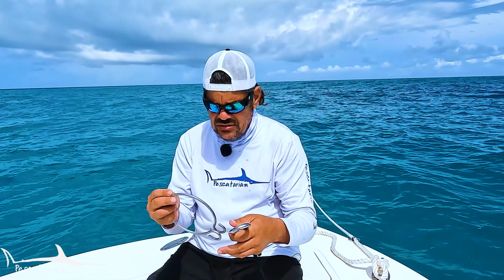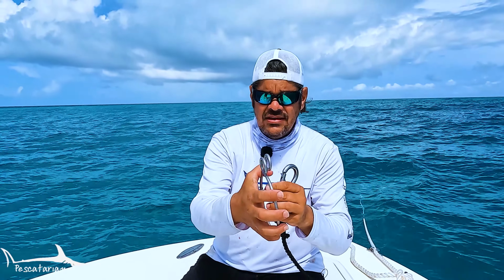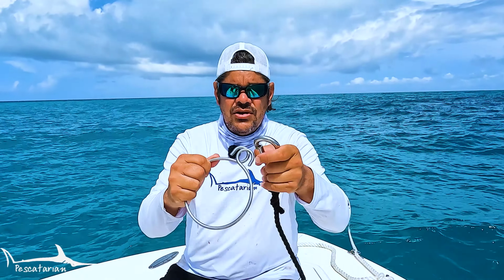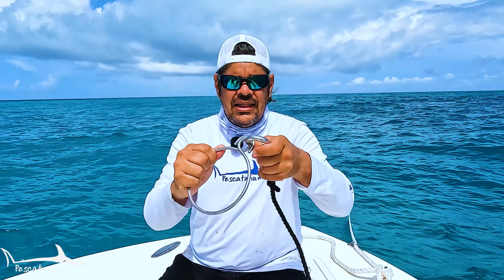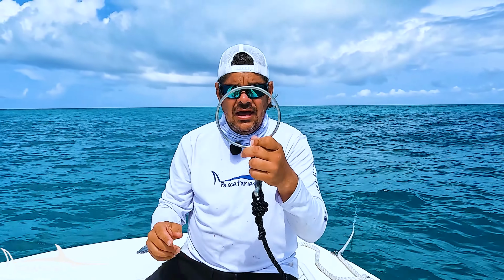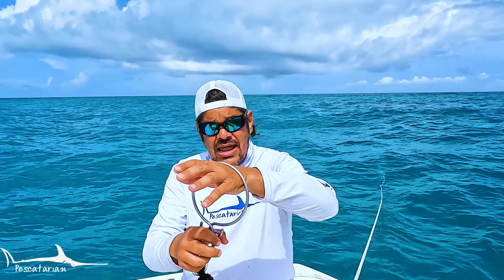Then you want to get yourself this ring. This ring has these two eyes right here, and this is where you're going to clip it through both eyes. You're going to clip your clip right to it. Then your anchor line, or your anchor rod, is going to go right through here to pull the anchor out. Basically what's going to happen is, as you start driving the boat, you're pulling the line through here,